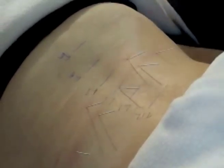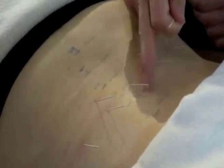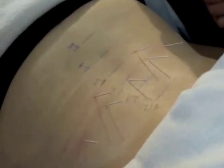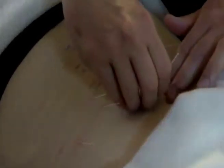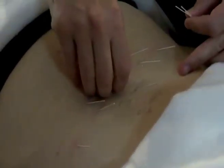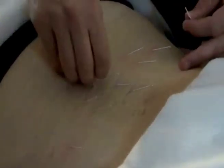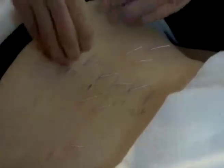Now, Lottie's got a problem with her right leg, and the nerves that emerge from between L1 to L5 control the section of the outside of her right leg. So what I'm going to do is I'm going to do the whole of the governing meridian from L1 all the way down to L5 on the governing meridian,